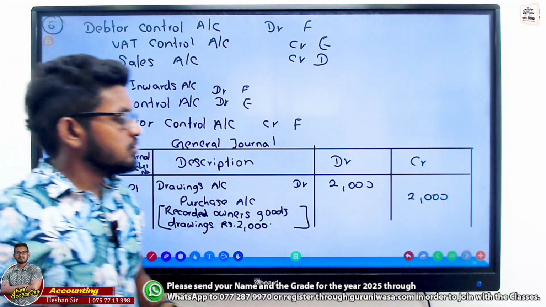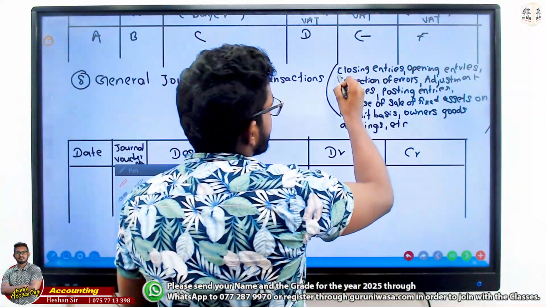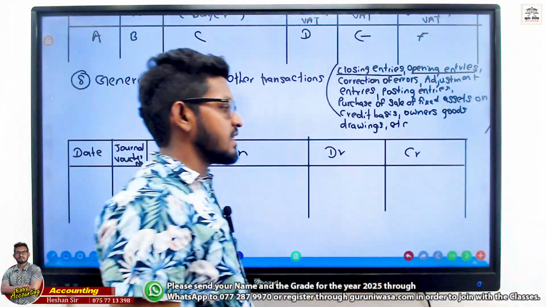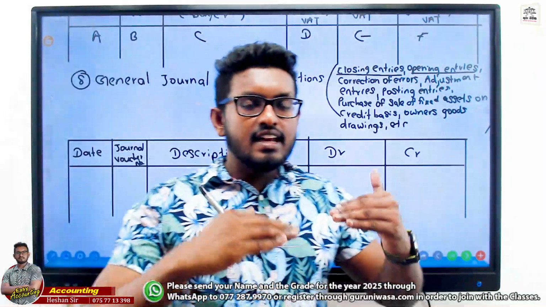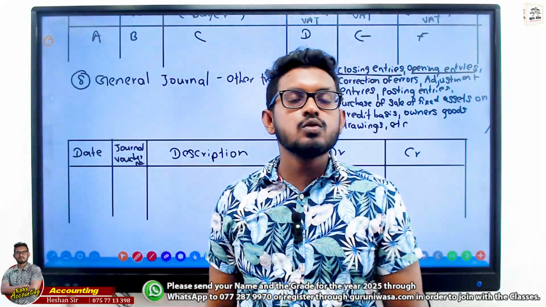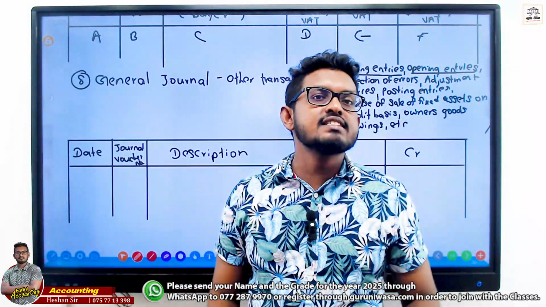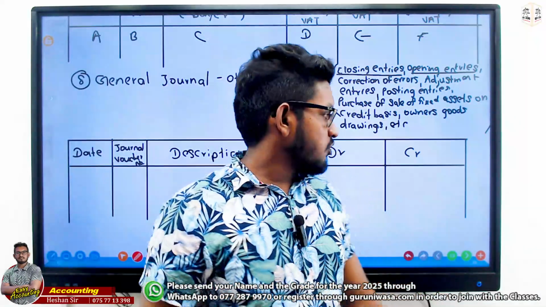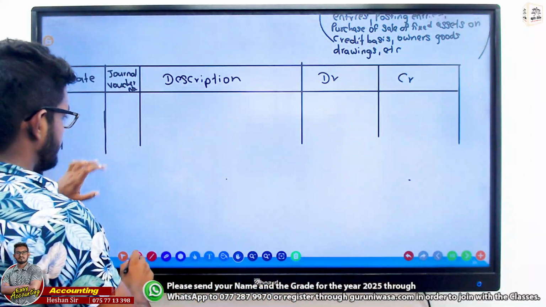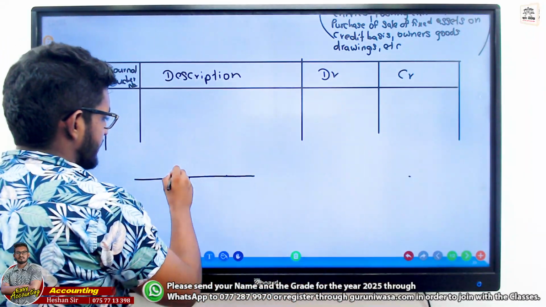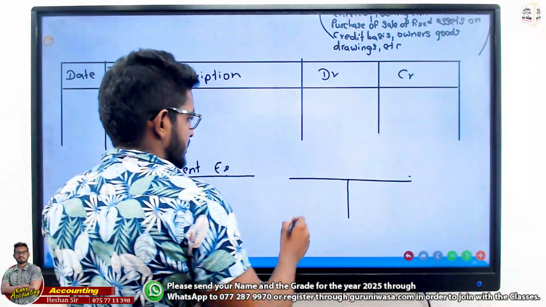Now, when you are looking at this one, be careful. Sometimes you may miss closing entries and opening entries, right? Closing entries mean asset, liability and equity account balances are carried forward for the next accounting period. But income and expense accounts we close within this year and transfer to the P&L. For example, if I take an expense account, the rent expense account, and a commission income account,